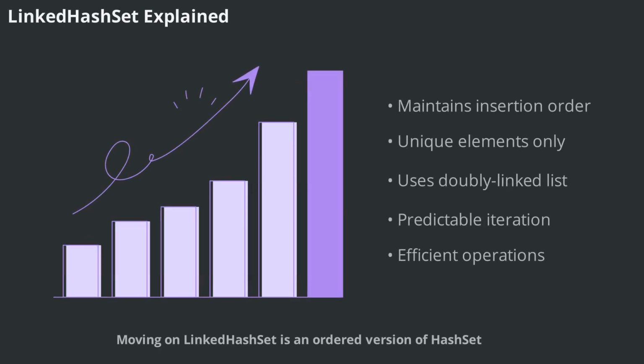Moving on, LinkedHashSet is an ordered version of HashSet. It maintains a doubly linked list across all elements, which preserves the order in which elements are inserted. This is especially useful when you need to iterate over the set in the same order as insertion. For example, if you add numbers 1, 2, 5, and 3 to a LinkedHashSet, they will be returned in that exact order during iteration. LinkedHashSet combines the uniqueness of HashSet with predictable iteration order, making it ideal for scenarios where both